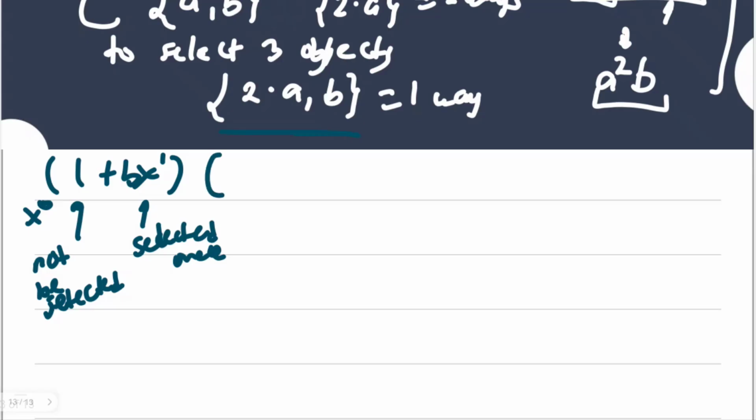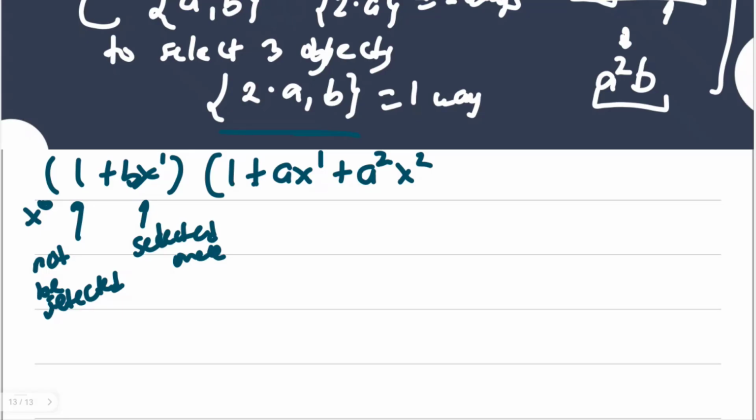Now for A, it may not be selected, just like in selecting one object, where you were able to select B and then none of those A's were selected. Now take note that both A's are actually similar, so we could also have A selected once. Because if we're talking about selection of one object or selection of two objects, and in this case we selected A and B, so you're able to select A once. Now there's also a possibility where your A may be selected exactly 2 times. That is when, say for example, for selecting 2 objects, you were able to select A and A.